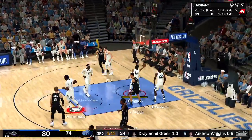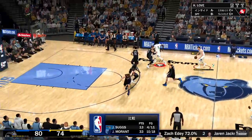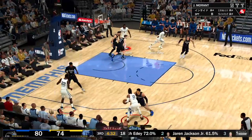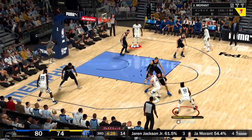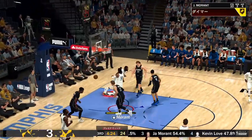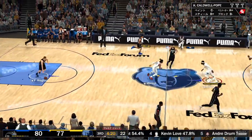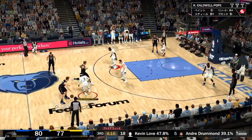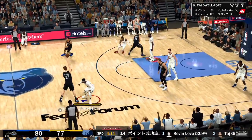And that one drops. Suggs has got 13. Yeah, staying committed inside. Suggs takes the contact but gets it to go. Morant outside. Back to Love. Good, and a nice assist from Morant. 18 points for him. And that's another 3. And if the defense is hoping that they don't heat up from out there like they did in the first half, they may be in for a real bad